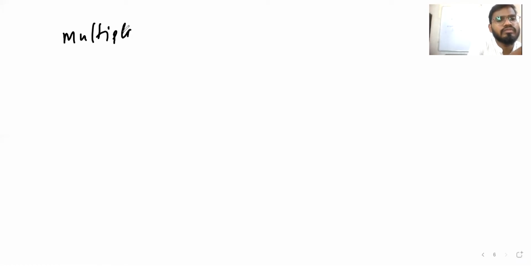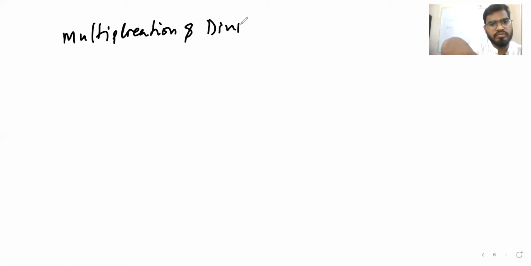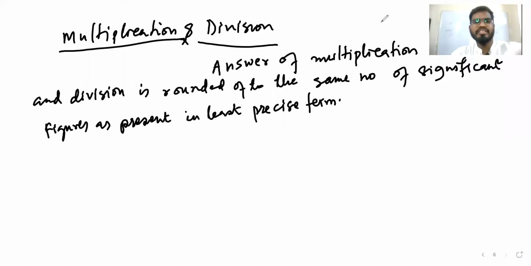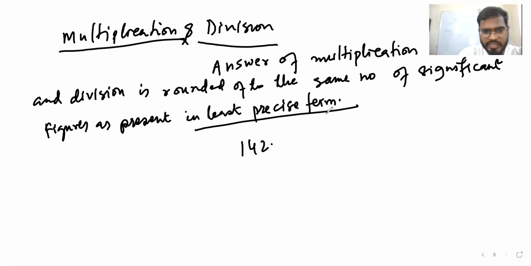So this was all about addition. Now even subtraction also happens; the same thing you are supposed to do with the least decimal. Now multiplication and division, right? That too. Okay, let me write it, it will take more time. The same rules you will apply in multiplication and division also. Let's see one question, then you will understand what I am trying to say. Least precision should be the main point.